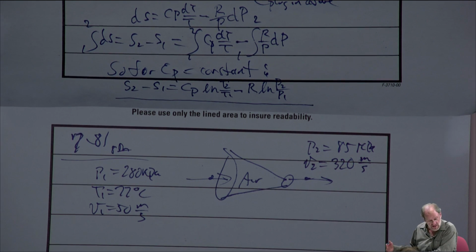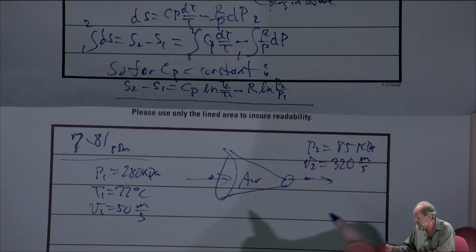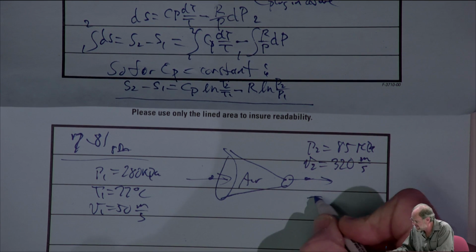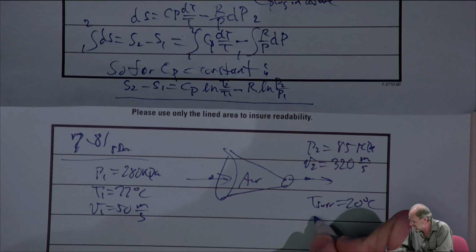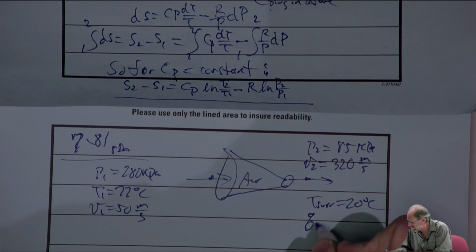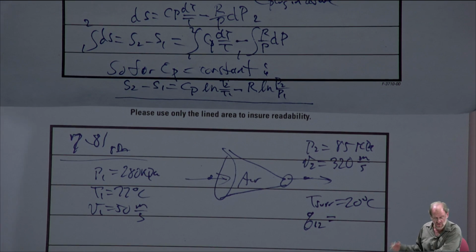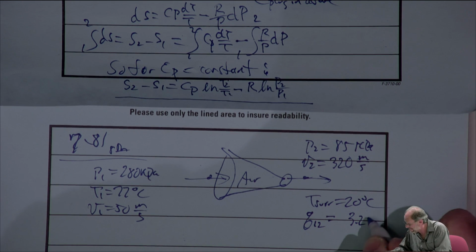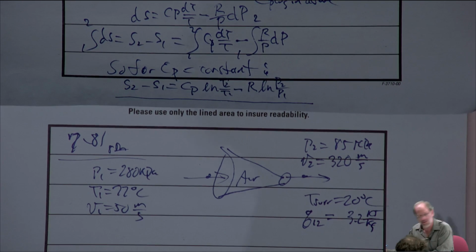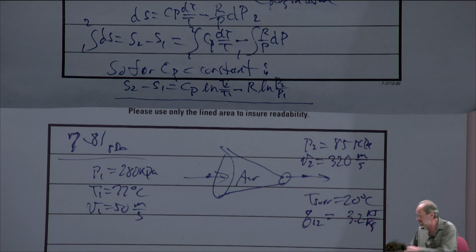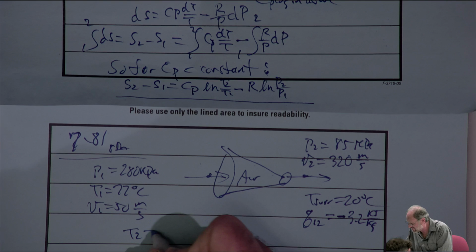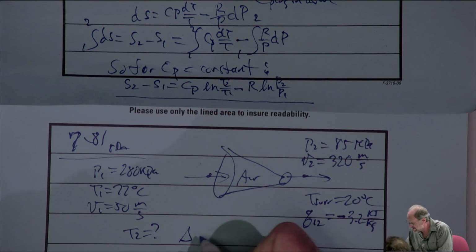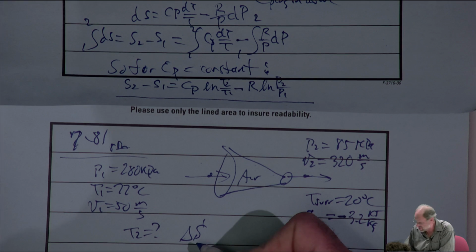Heat losses to the surroundings at 20 degrees are 3.2 kilojoules per kilogram. So we're actually given two things there, right? We're given the temperature of the surroundings of 20 degrees Celsius, and we're also given the heat transfer. Now, it's given on a per unit mass basis, so Q12 is 3.2 kilojoules per kilogram, and it's negative, right? It's heat being lost or rejected from the system, so we need to make sure we include the minus sign. So that's the data we're given, and we're told that we want the exit temperature, and we want the total entropy change